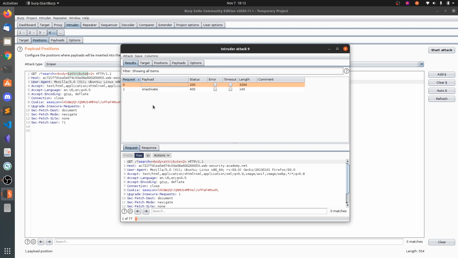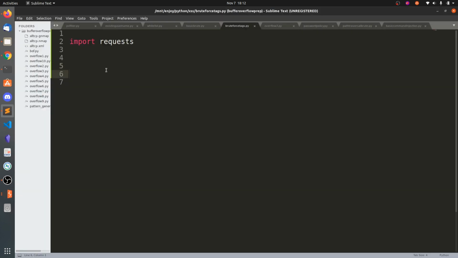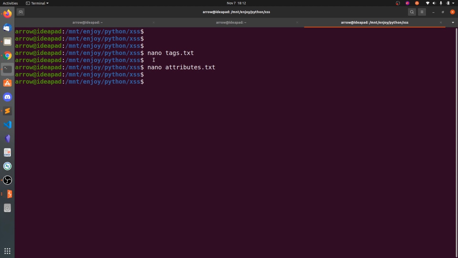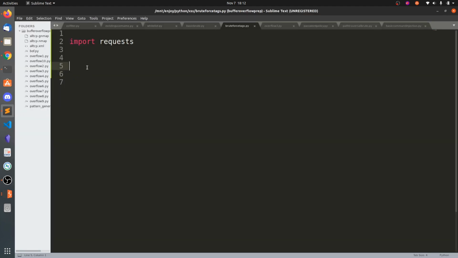So the attribute, default one is attribute, it is being accepted, but it's just a temporary place order, and click on this status ascending order. So meanwhile what we are going to do is we are going to fetch the contents of this text file into some list format.